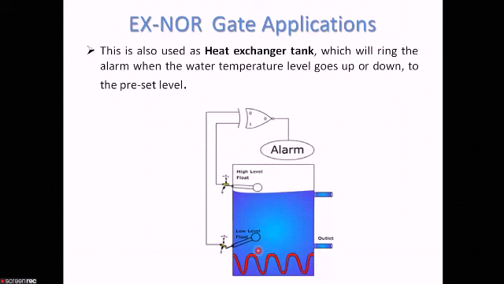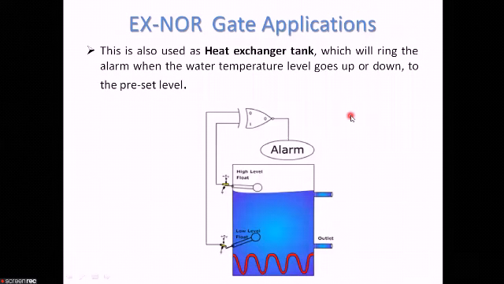This is a very important application of an XOR gate, which you can use also in various small projects. If you want to design this heat exchanger tank, you just need a 2 input XOR gate IC. The IC was already explained. You take that IC, connect the two input terminals to the high level float and the low level float, and you can do the experiment also. You can also design this small circuit, which will be an alarm circuit also.